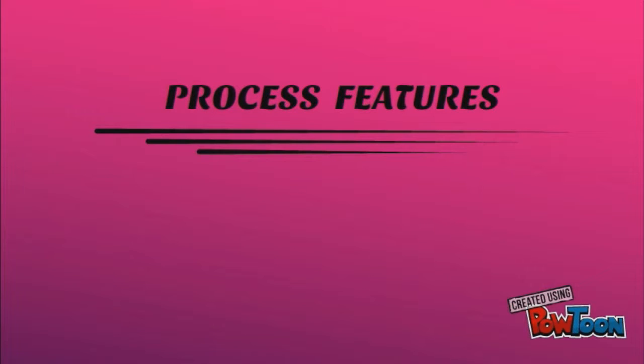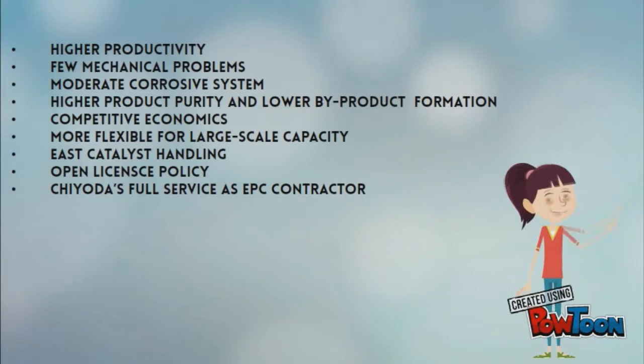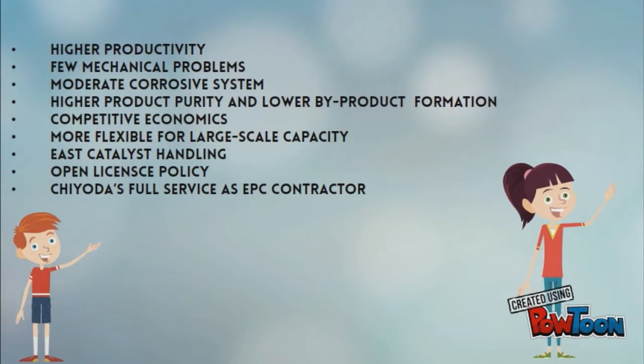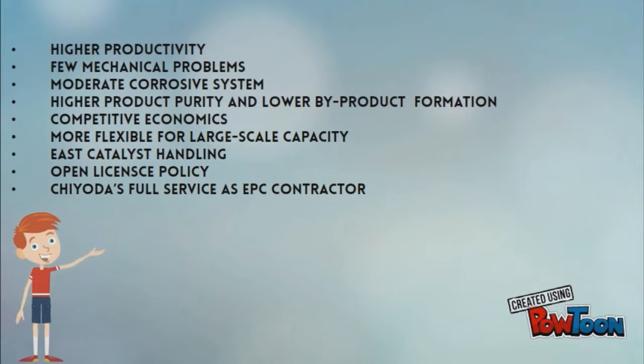Process features. High productivity, few mechanical problems, moderate corrosive system, high product purity and low by-product formation, competitive economics, more flexible for large scale capacity, easy catalyst handling, open license policy, Lotte full service as the EPC